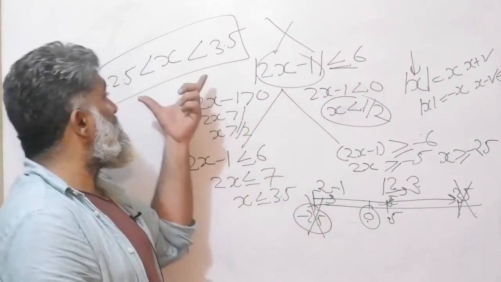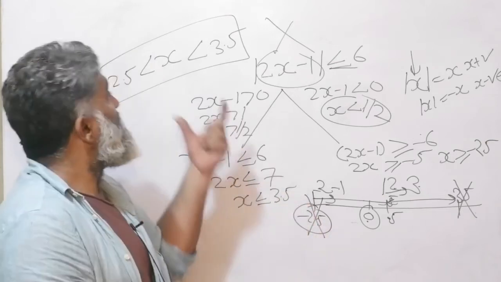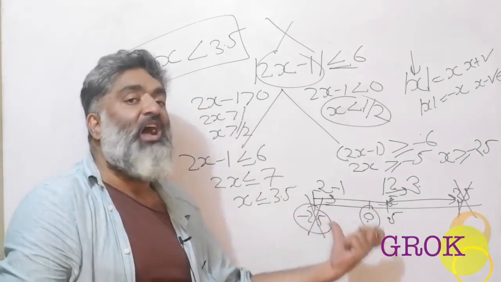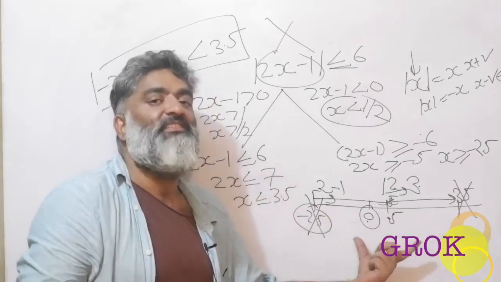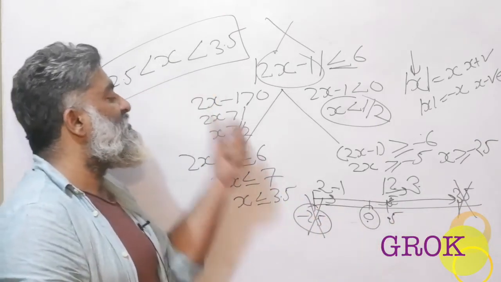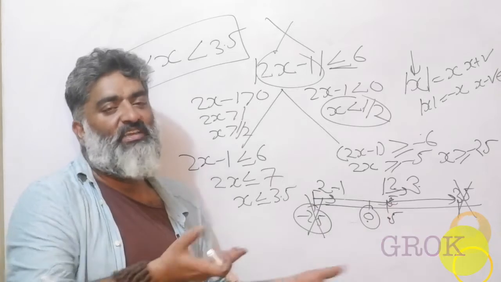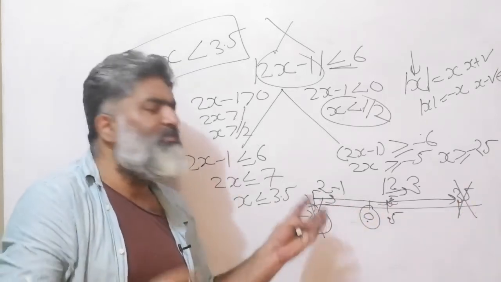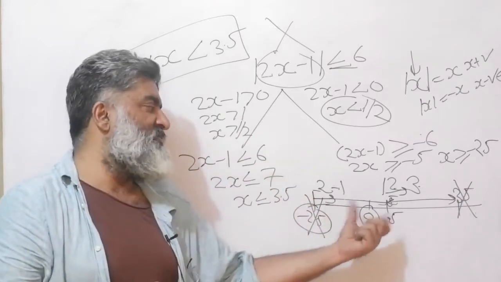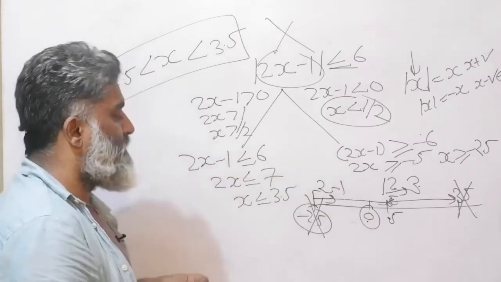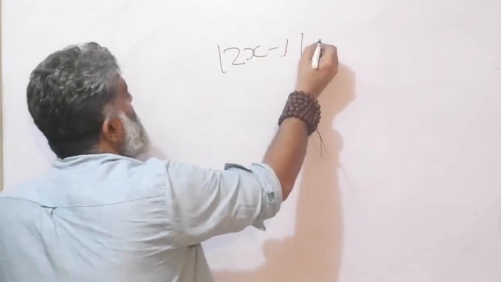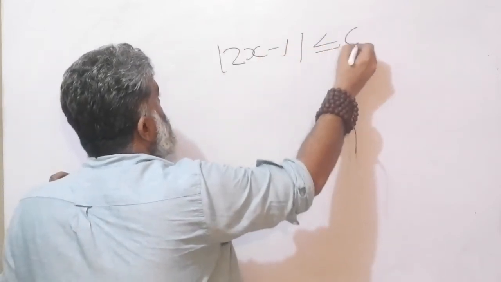The same thing as this, just adding an extra challenge and asking you to count how many points are in this region. This is just the region and this is manually, I'm physically on my fingers counting how many points are in the region. When it's a big region, then we'll use logic, but when it's small, I can just count it manually. Same story, mod of 2x minus 1 is less than equal to 6.